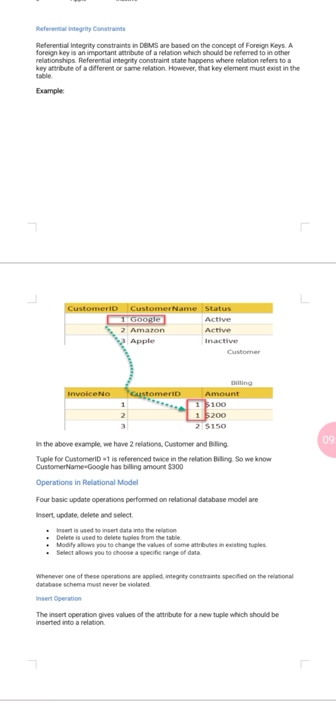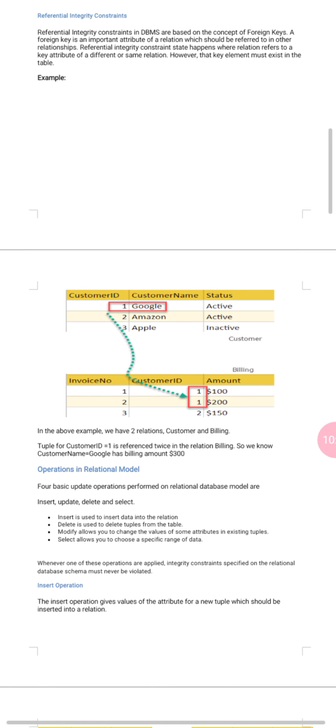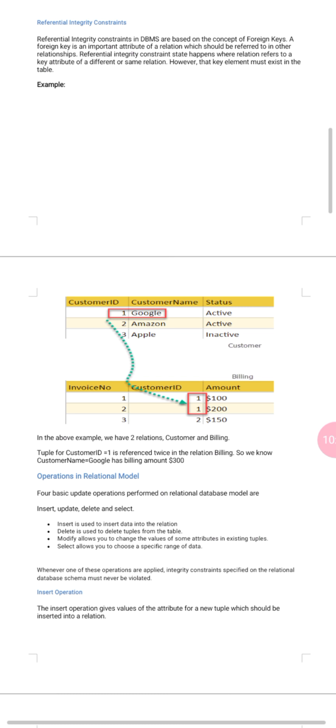A foreign key is an important attribute of a relation, which should be referred to in another relation. The referential integrity constraint states the situation where a relation refers to a key attribute of a different or some other relation. However, that key element must exist in the table.